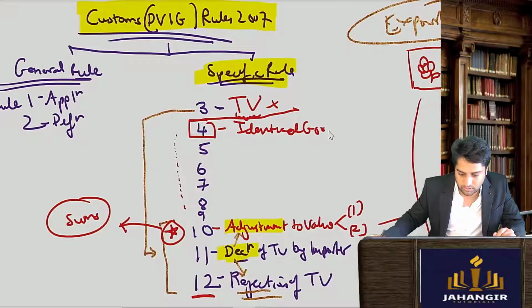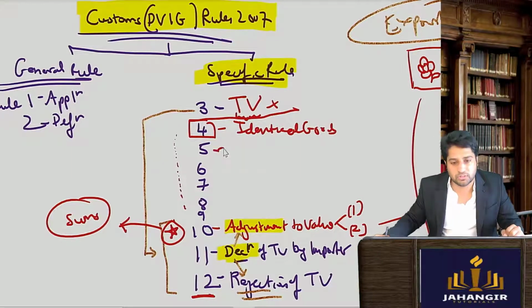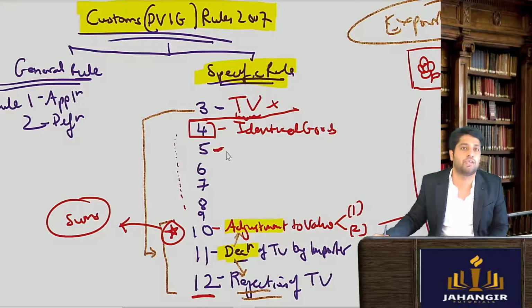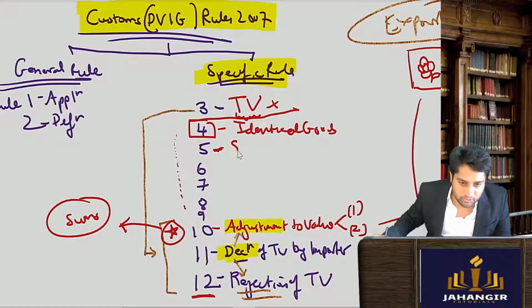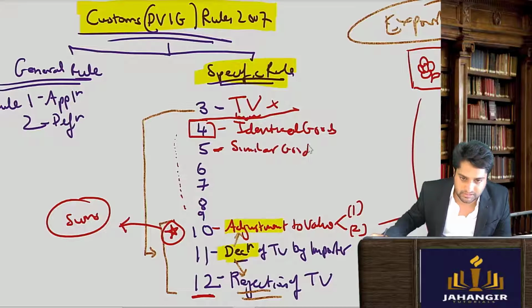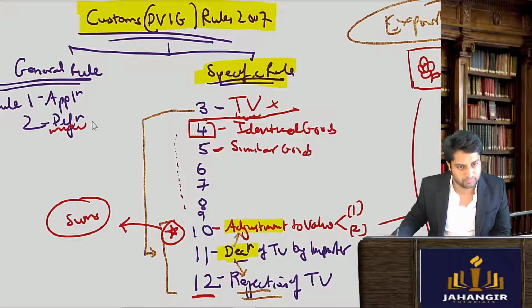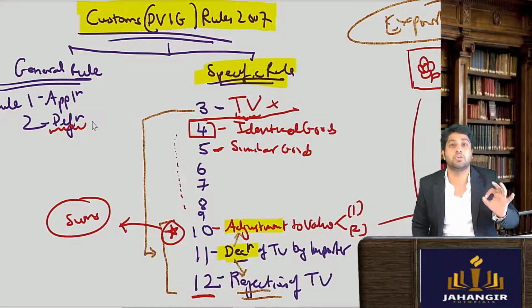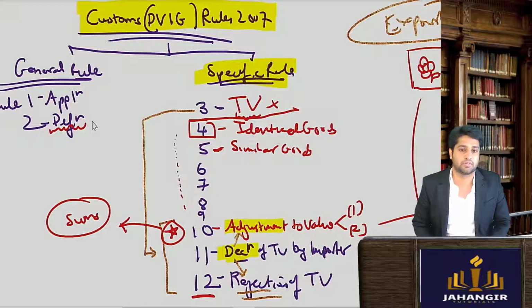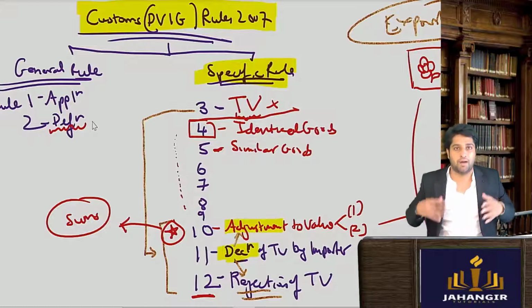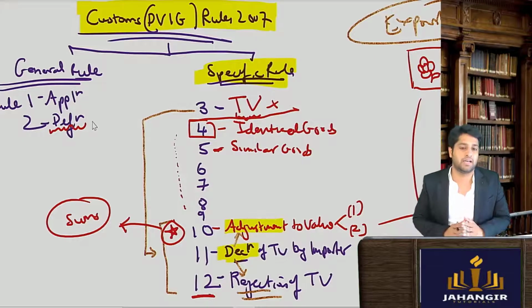Identical goods ढूंढने का. अगर identical goods भी नहीं, मार्केट में है ही नहीं ऐसे identical goods, काफी यूनिक प्रोडक्ट है. So in that case I'll say कोई तो similar तो होगा. Similar goods. What is identical goods and similar goods is given in your definition. Identical goods are goods which are like in quantity, quality, purity, standard, manufacturing, and is considered as mirror images of each other or perfect substitutes. Identical goods. Okay, so MacBook Pro and MacBook Pro is a identical goods.